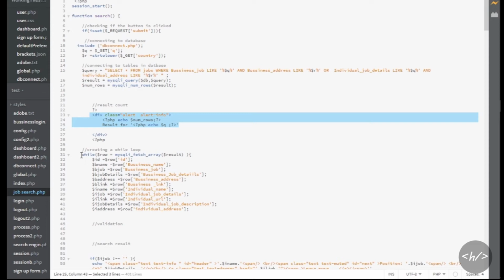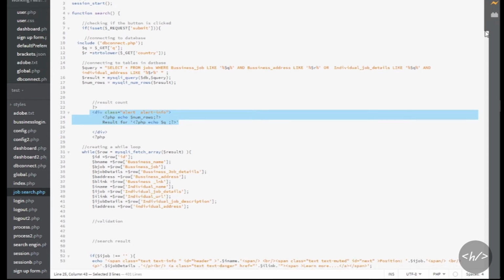And let's say this was an if statement, it would search only the first row, and when it gets the first result, it stops. But since it's a while loop, it brings out all the results. If it was an if statement, it would bring out only one result, the first result it found. But since it's a while loop, it brings out all the results that correspond to that.